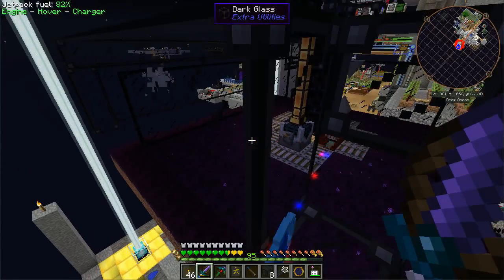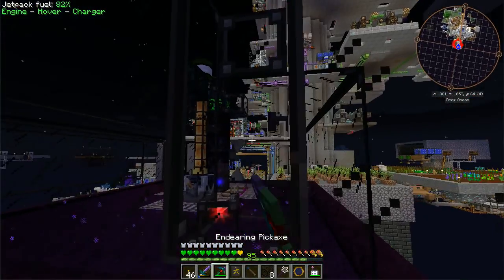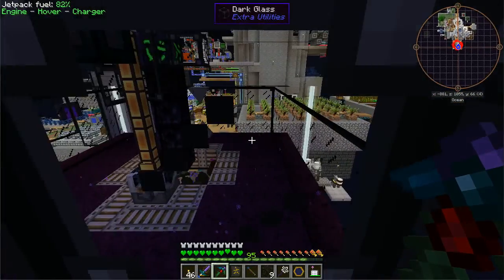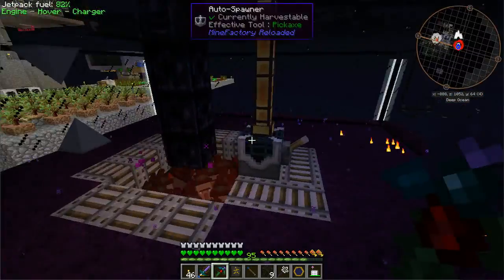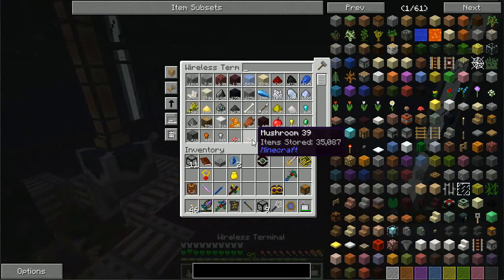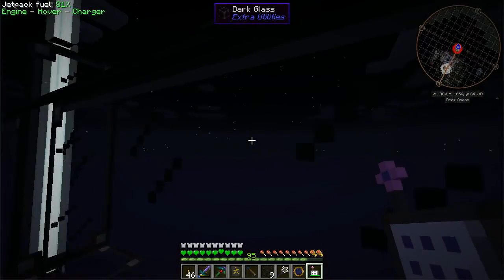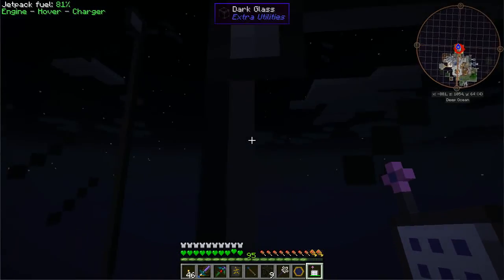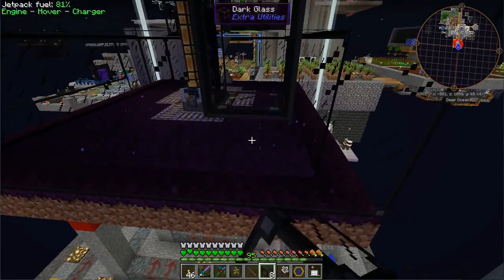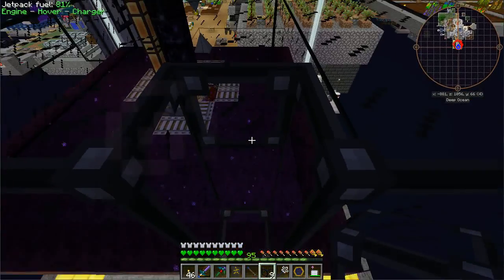Okay, cool. So it looks like they are being dissolved by the Well of Suffering, but not exactly the massive source of items that I was hoping for. Alright, so yep, I only have a total of 10 demon blood shards. So I'm going to have to just kind of grind these guys down manually, I think, before I can work my way up to the next level of...